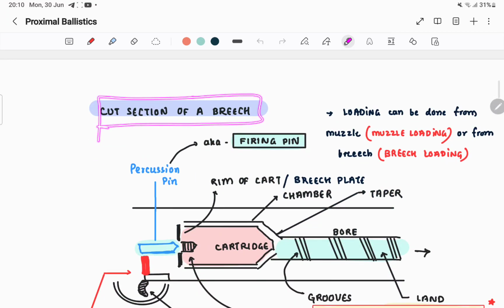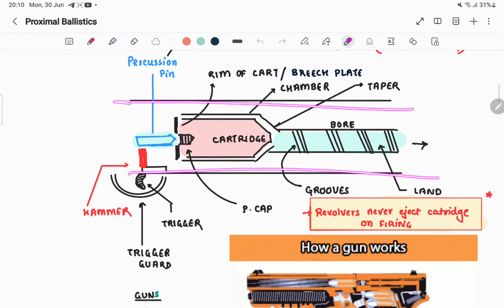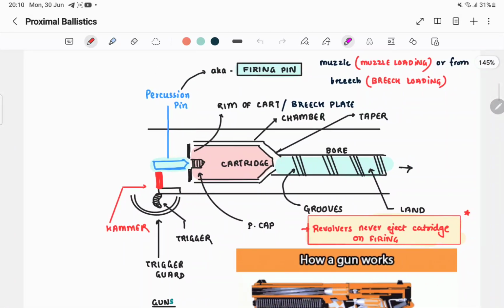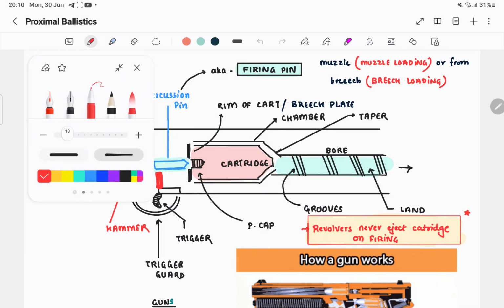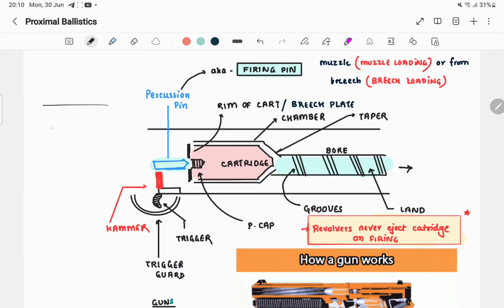Let's look at the cut section of the breech end. Okay, this is the cut section of the breech end. Let me draw it for you. If you are finding it very complicated, look at this. This is the barrel. For example, the barrel. There will be a box like this, which is the cartridge. This is the cartridge, and connected to it will be a tubing like this. So I have just cut the barrel and am seeing the cross section basically. Okay, this, and here we have something like this. These are called the groovings